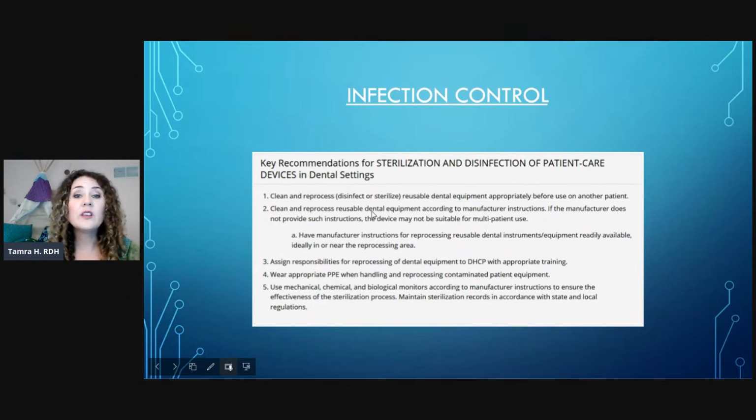Clean and reprocess reusable dental equipment according to manufacturer's instructions. If the manufacturer does not provide such instructions, then the device may not be suitable for multi-patient use. So know whether or not your XCP bite pieces should be sterilized or if they should be barriered, or if disinfection is simply enough. Have the manufacturer instructions for reprocessing reusable dental instruments and equipment readily available, ideally in or near the reprocessing area. Make sure everyone in your office who is taking radiographs is familiar with the proper ways